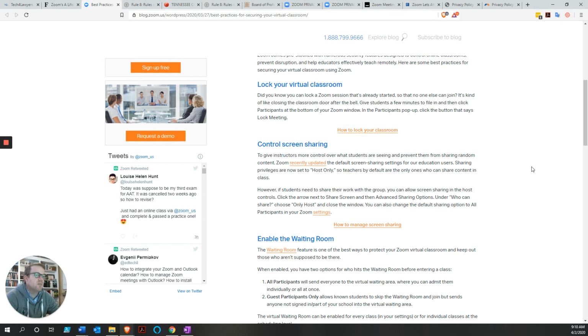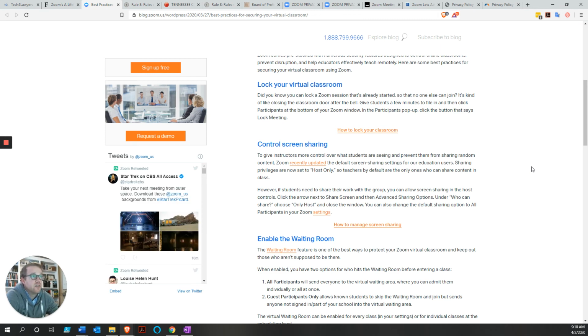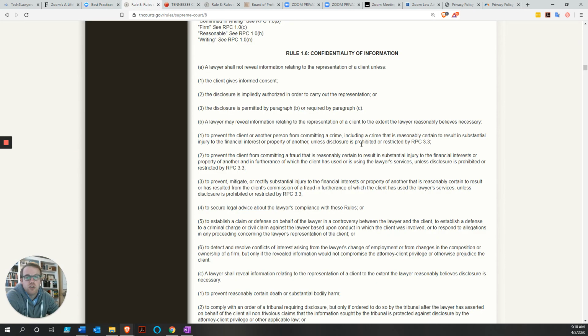The second thing that we want to think about in protecting our clients and using video conferencing is going to be data mining. And this can be a subset of unauthorized access, but it can also be authorized access through your implicit agreements in the privacy policy, in the terms of service, or in the end user license agreement, the EULA. So data mining is a broad term that gets thrown around in a way that most of us really only have a vague understanding of what it is, and what it can be.